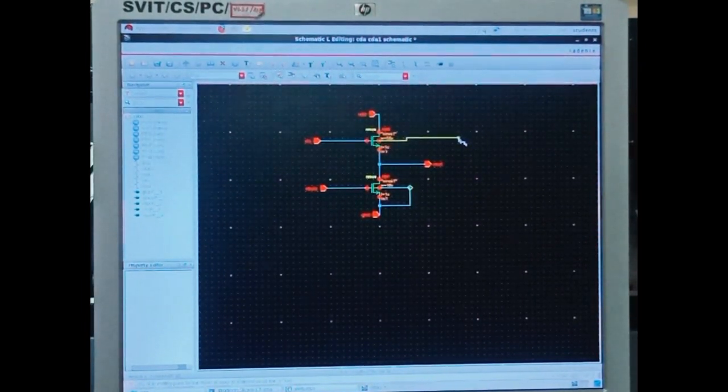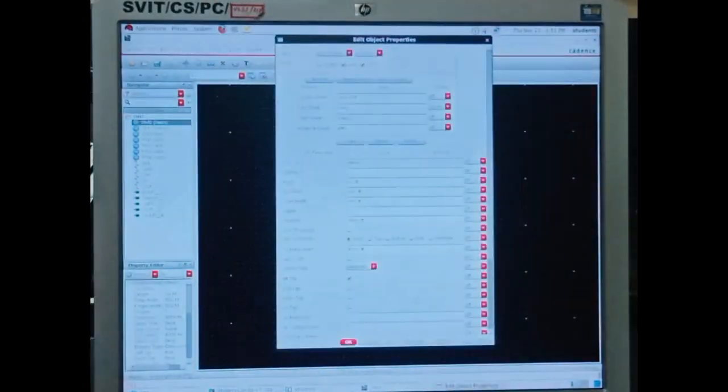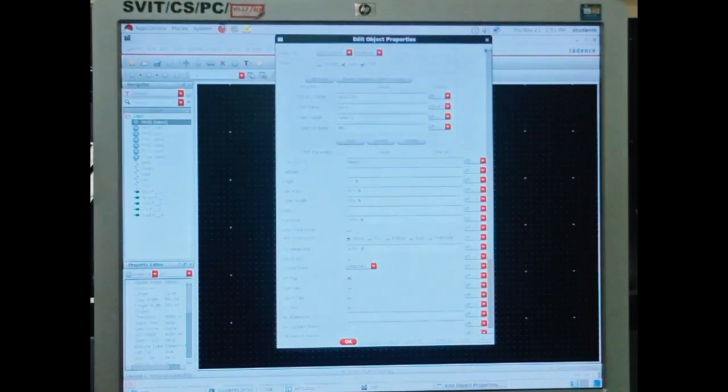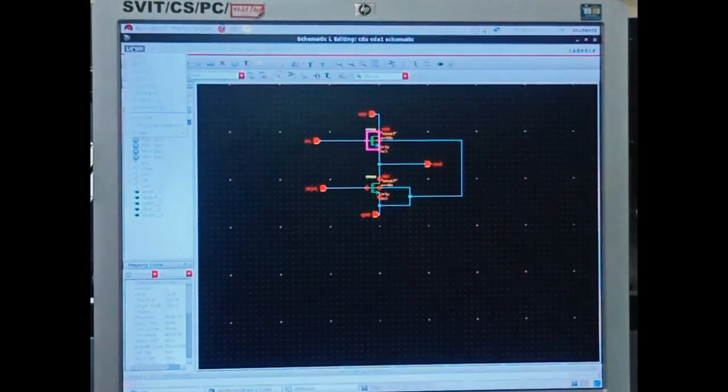I told you the substrate is connected to the ground, so hence it is detached and the second was attached. It is said to be integrated when the source is connected to its own substrate. So we are done with this.